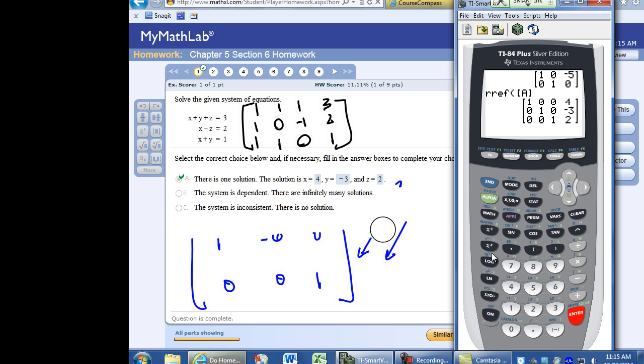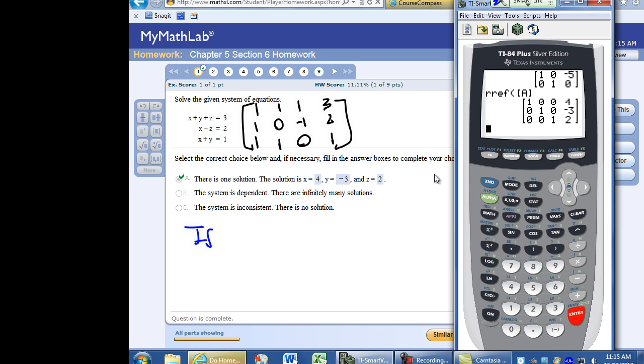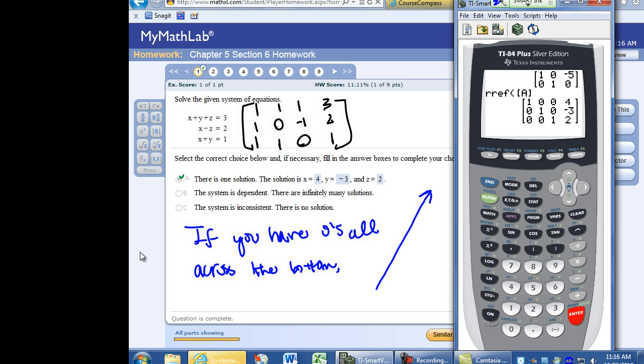Now there's another case where there will be zeros all the way across the bottom. If your bottom row is all zeros, then that means you've actually drawn the same line. You would graph the line, and then when you graph the other line, you realize you're drawing the exact same line. An example of this would be